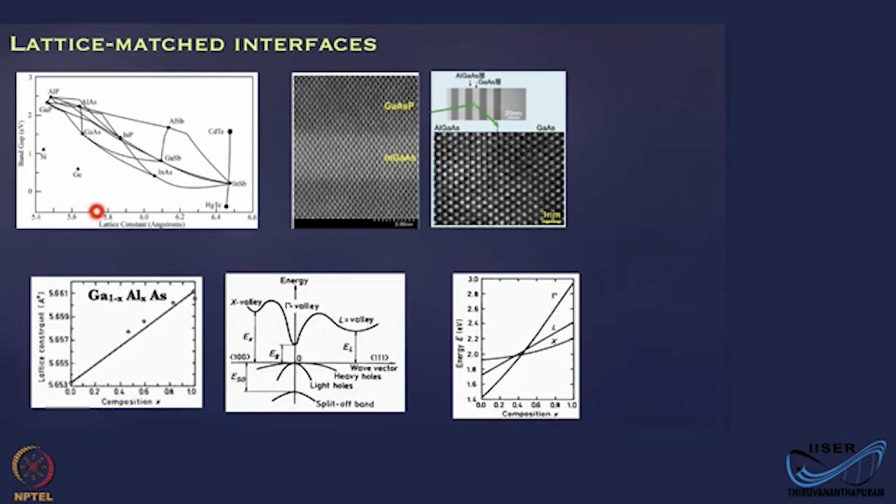So this axis is the lattice constant, and silicon is here, germanium is here, and the lattice constants of other semiconductors, the III-Vs: gallium arsenide is somewhere here, gallium phosphide is here, aluminum arsenide, indium phosphide is here, okay, and cadmium telluride is somewhere here, mercury telluride is here, indium antimonide is here, okay. Now,